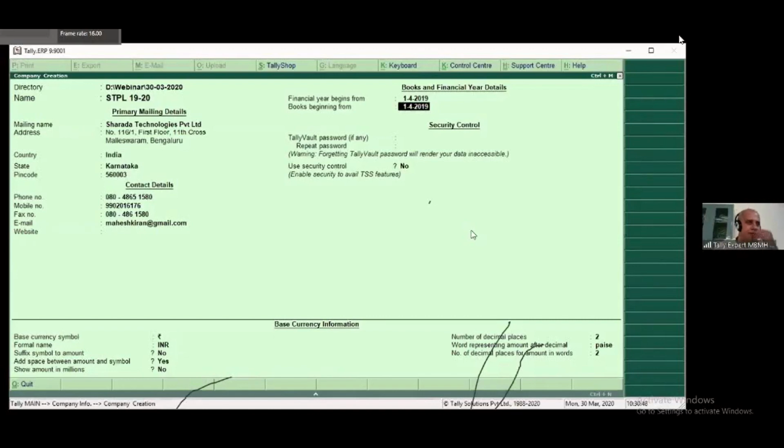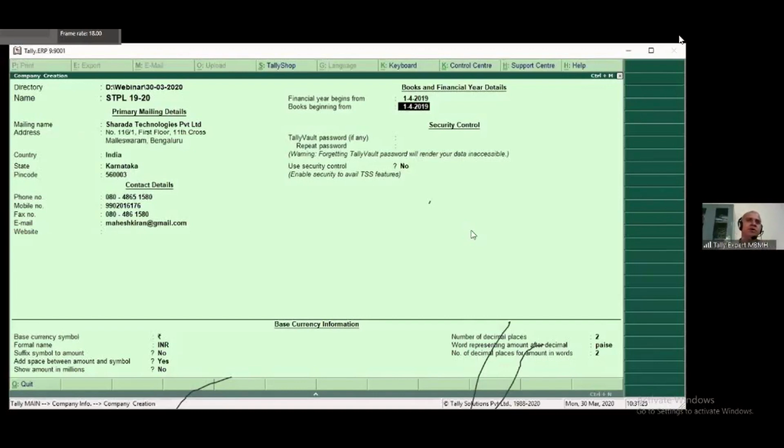Say for example, I start a new business on Deepavali Day, or on Sankranti. But my financial year will always end on 31st March. I have started a new business which can be any date during the financial year. So when you start a new business, you will start from that day. Everyone will not start a new business only from 1st of April. Correct? A lot of people have their own